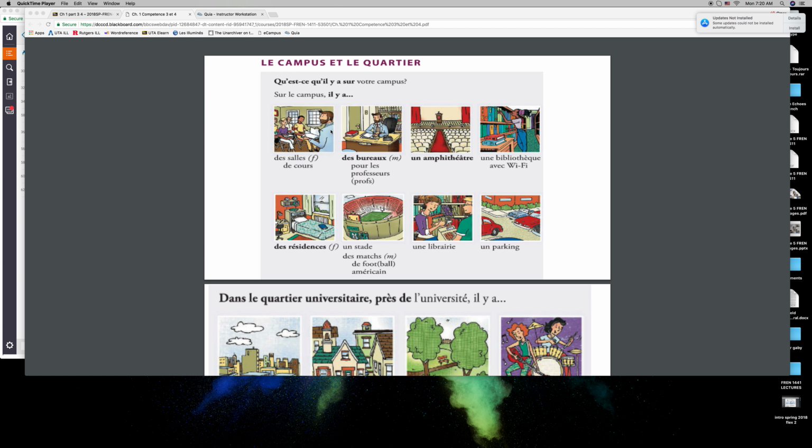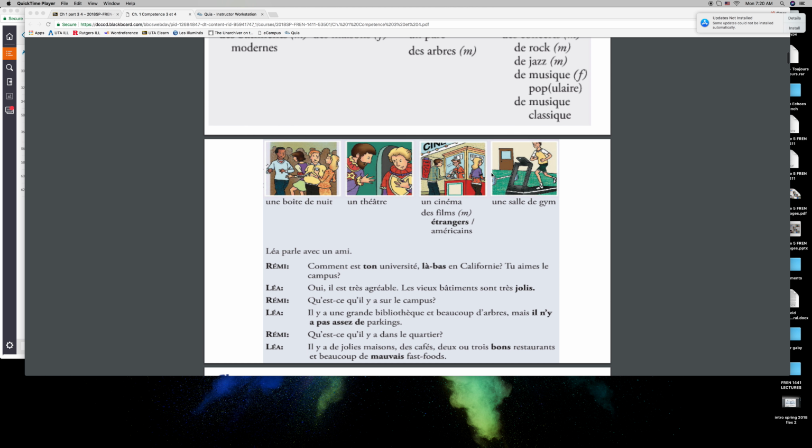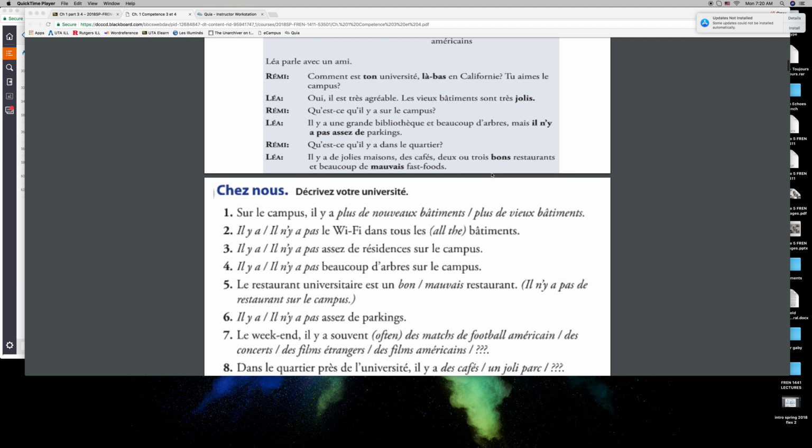For the pronunciation of all the vocab, just wanted to remind you that you go to the vocab page or throughout the textbook and look for the clickable items, and you'll be able to find the pronunciation for most of these words. Email me if you have a question with that.